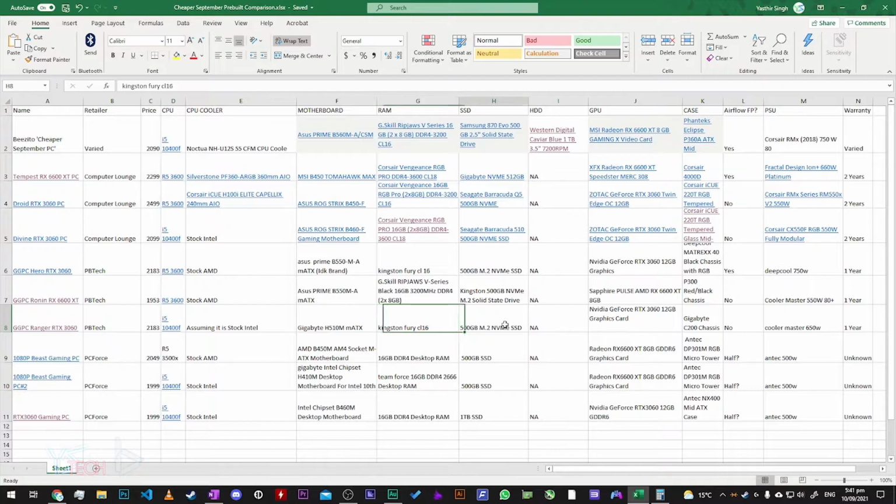So SSD, I can't quite remember. I'm going to assume it's the Kingston one, but whatever. It doesn't come with a hard drive. RTX 3060, Gigabyte C200 chassis, so the case. It doesn't have any airflow for some reason. It doesn't have much. It's very stealthy like. And Cooler Master 650 watt power supply. So it comes all in at